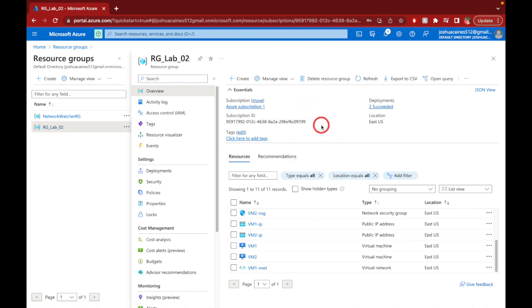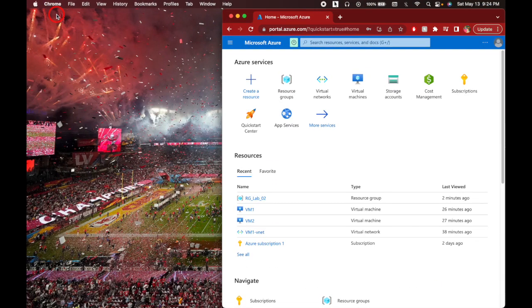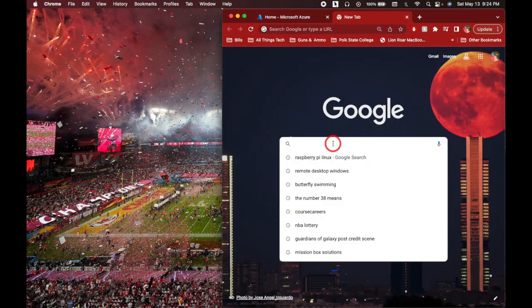Alright, so with that being said, we're going to go back over here to home. So in this part, we're going to be pulling up the actual virtual machines through remote desktop and being able to see some traffic coming through. So for those of you who work out of Windows, you can go ahead and pull up your remote desktop. If you just type in remote desktop,